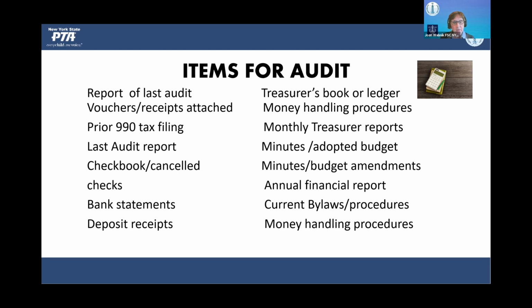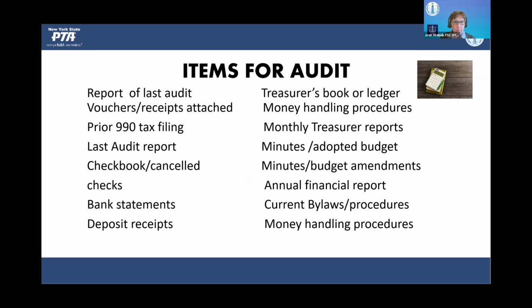So, items that you need for the audit. The treasurer shall provide the following. It is up to the treasurer to provide the following information so that the audit committee can do their work properly: report of the last audit, with vouchers and receipts attached, a prior 990 tax filing,